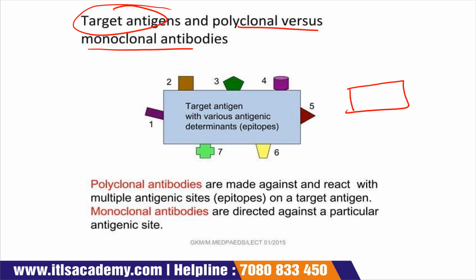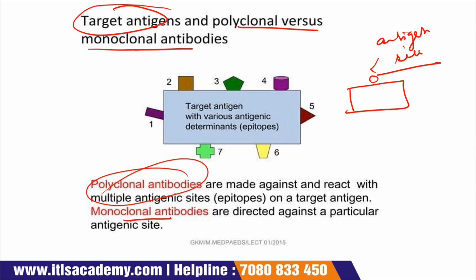Suppose this is the antigen site and there is only one, then it is considered a monoclonal antibody. Polyclonal antibodies have multiple antigen sites for a target antigen. Suppose this, this, this, and this. They have multiple sites for the